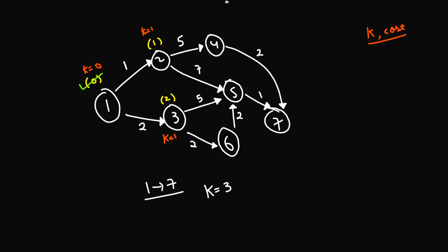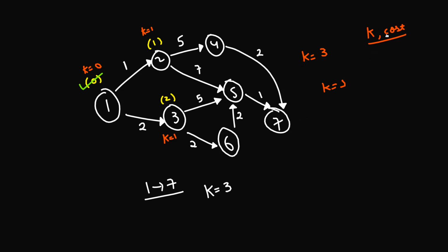The reason for this is, say you have to reach this particular city and you can reach it from k equals 3 or from k equals 5. Which one are you going to prefer? Here I am preferring k equals 3, because if I visit from a city which has k equals 3, and I visit one more city, that will have k equals 4. That means I have already visited 3 cities apart from the source city, and if I visit this city after that, I'll be visiting a total of 4 cities apart from the source city. Okay, so I'm just giving the priority to k first and then to the cost.